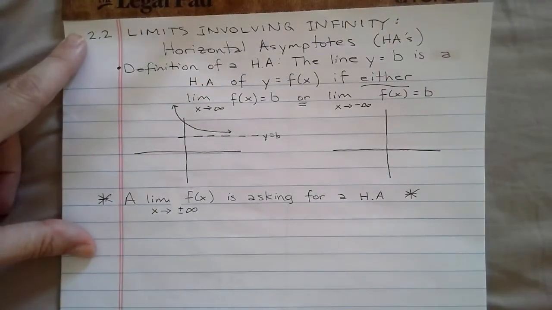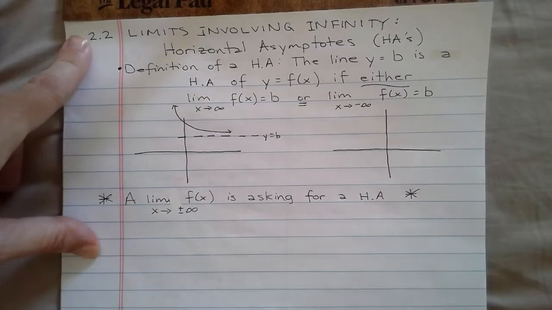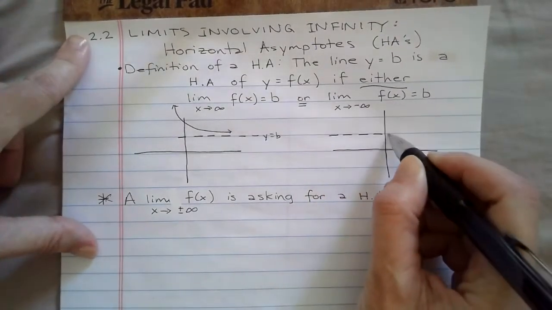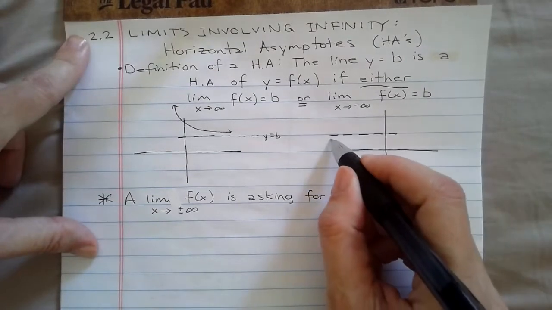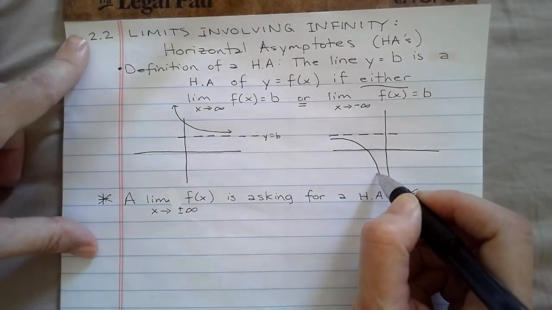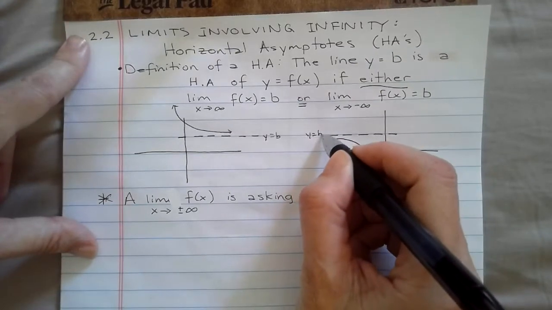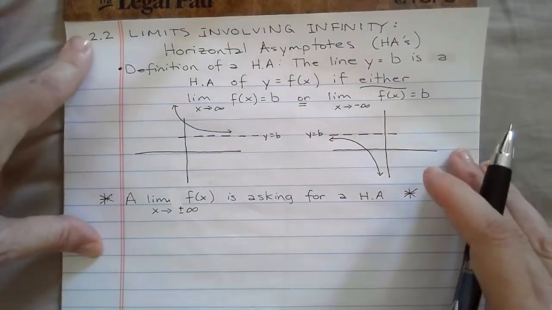And the same is true if we're approaching negative infinity, and I'm going to keep it right about the same here, but if we're approaching negative infinity and your function hits a place where it just can't seem to get above it or below it, then that y equals b, whatever that y equals line is, is considered a